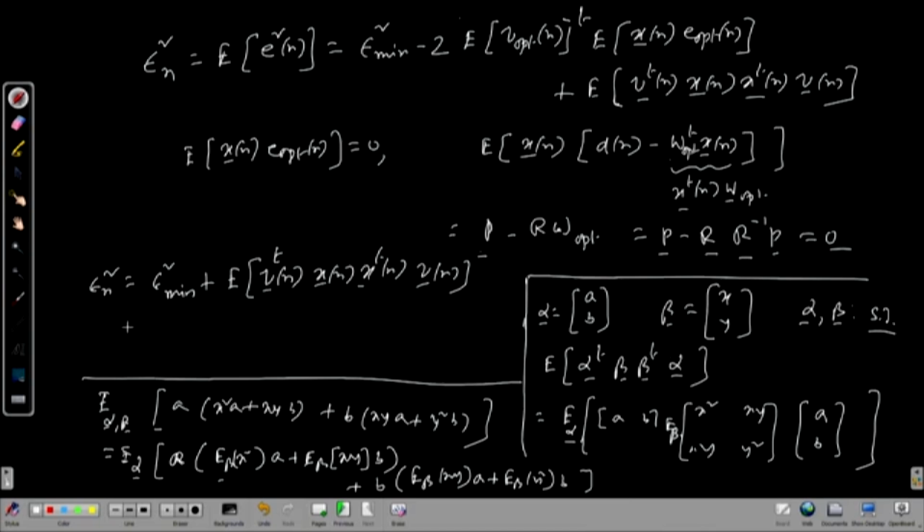So the same thing here. Which means I can write as E with respect to V n transpose, E working on this, and E working on those will be the input autocorrelation. E with respect to X working on this will be nothing but input autocorrelation. So this product with V transpose n and V n I have to now carry out, which will be a scalar, and take expectation with respect to the elements of V n. That will give me this extra component.